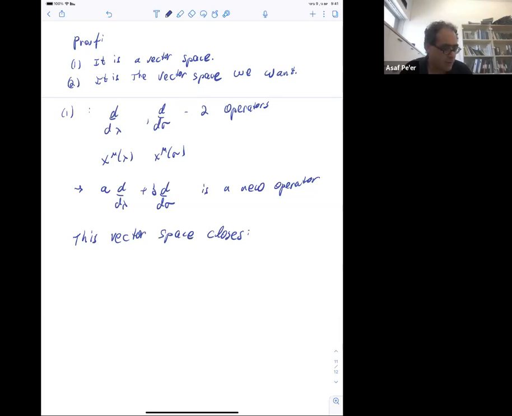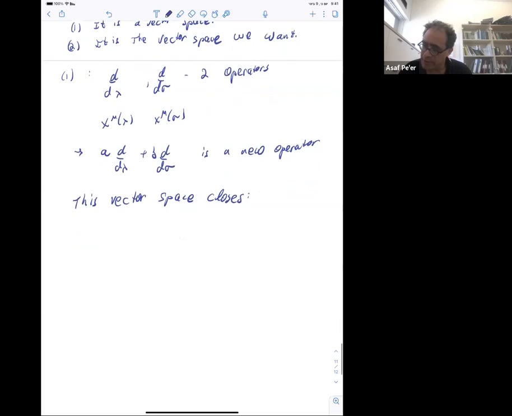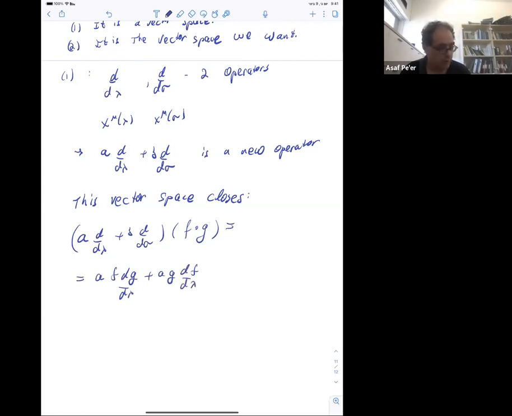So the new operator is obviously linear, which means that a d over d lambda plus b d over d sigma operating on two functions, f times g, is exactly what you get normally: a f dg over d lambda plus a g df over d lambda plus b f dg over d sigma plus b g df over d sigma,